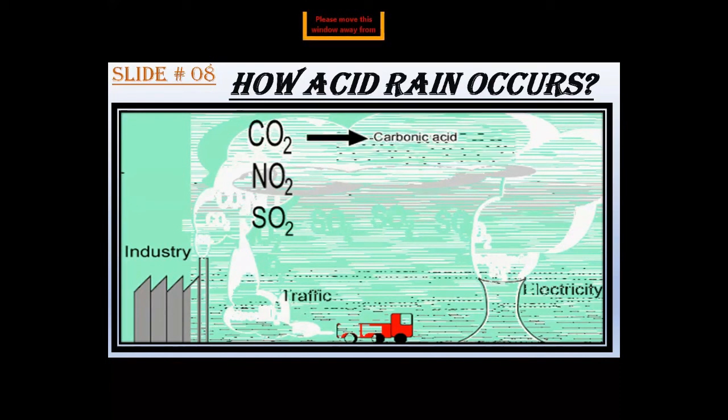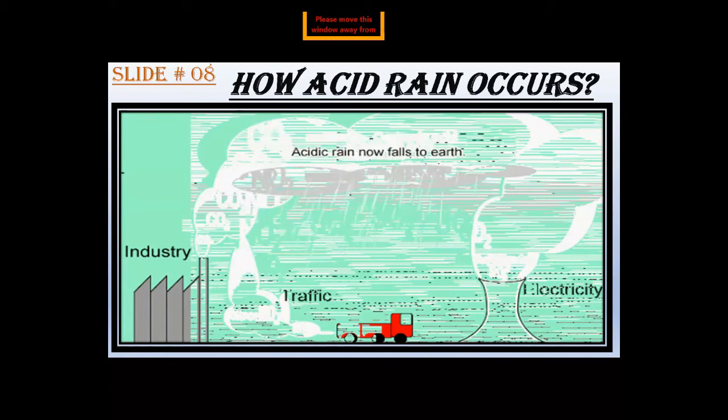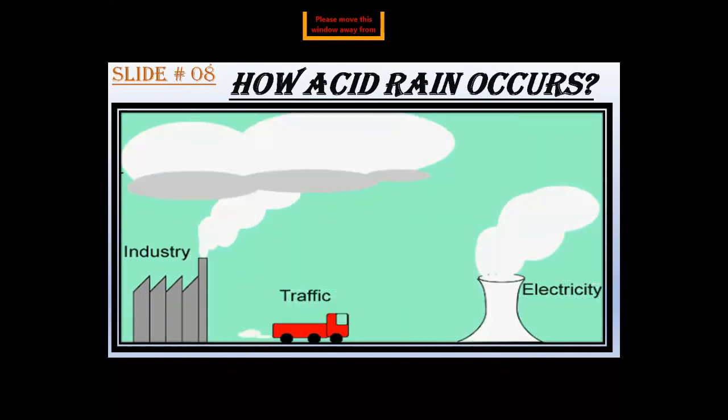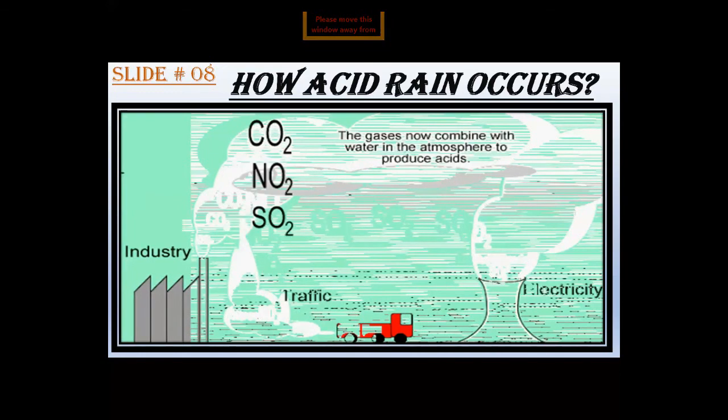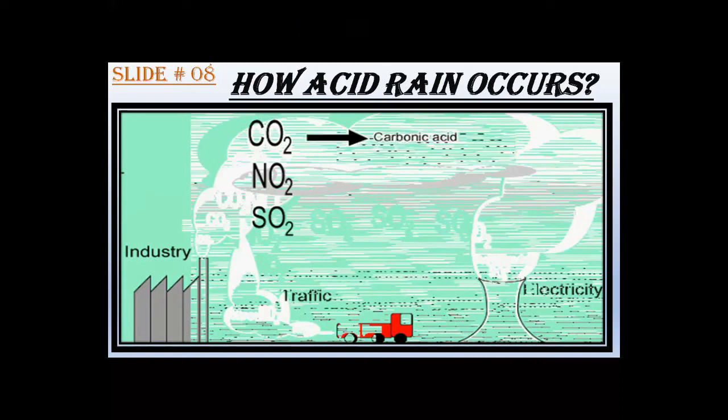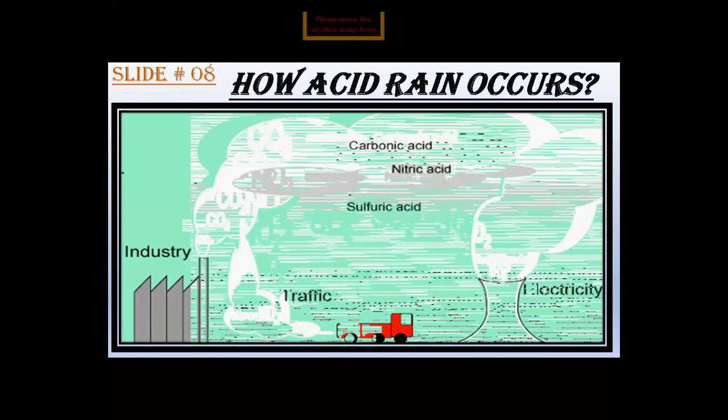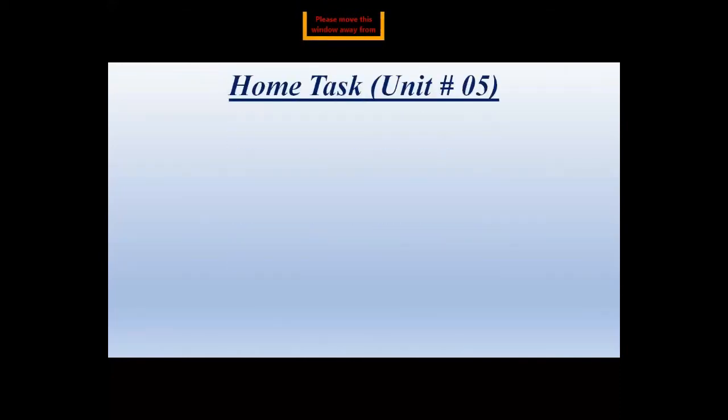SO2 means sulfur dioxide from power stations, which produces sulfuric acid. And the last one is NO2, nitrogen oxide and nitrous oxide from the traffic's polluted air, which causes nitric acid. So these three acids are added in the air and make it polluted. With the help of these acids, acid rain will be caused. I hope it is clear, students.